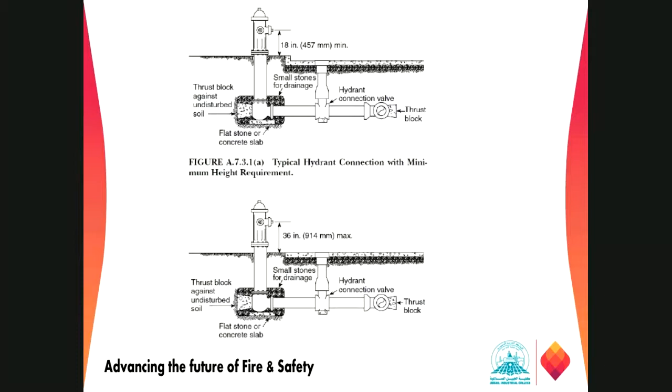Now let's review it one by one. This is the thrust block, right? When there is a change in the flow, we need a thrust block. This is our main piping. This is the main underground mains, and from here we are going to the hydrant. We have an isolation control valve, right? This is a gate valve, just to control that one. And then we have our hydrant, right, with all the stone and the slabs.